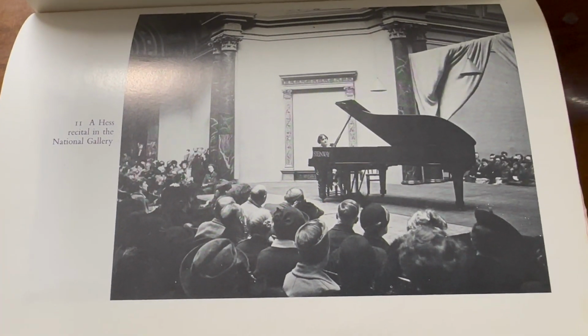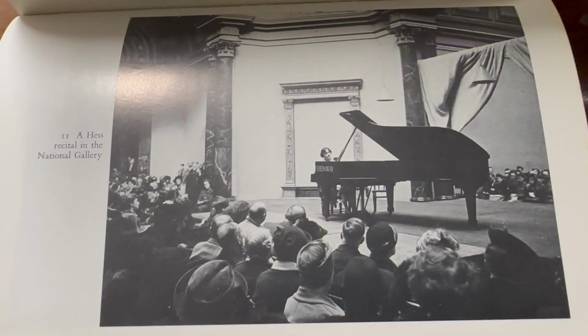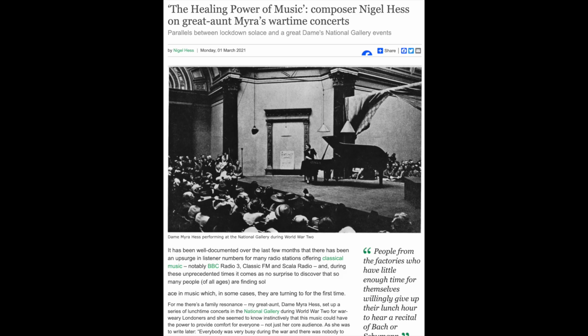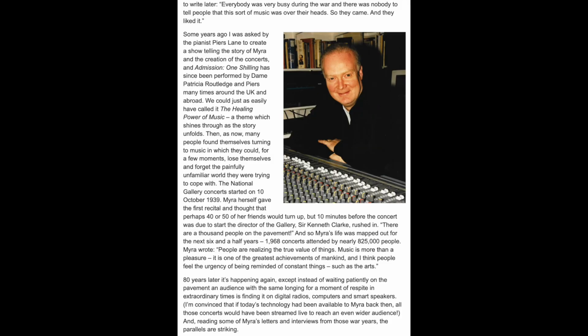Apparently during the Second World War, when concert halls were closed, she gave concerts in the National Gallery. During the war, the concert halls were closed, and Myra Hess apparently suggested to Kenneth Clark, the director of the National Gallery, that they could perhaps do concerts in the National Gallery, because all the pictures were taken out. I'm still learning a lot myself, but this is a wonderful article by her great nephew Nigel Hess about concerts she gave in the National Gallery, and about